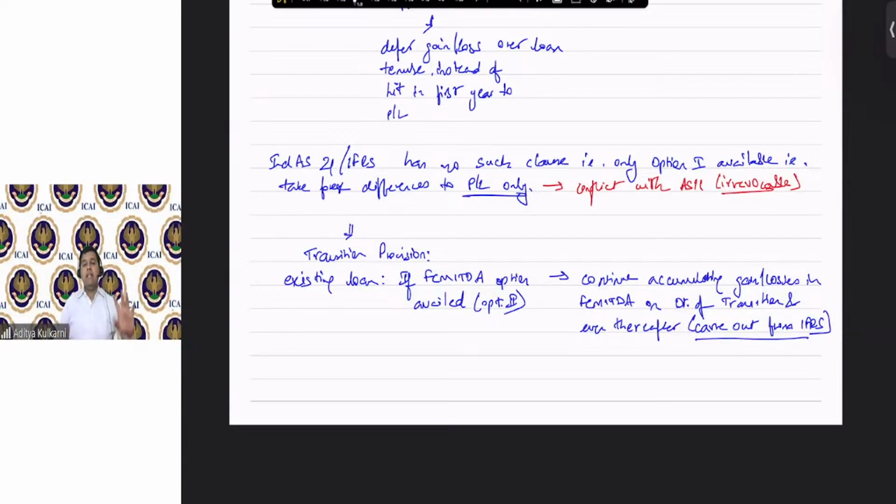Because of transition, that irrevocable nature cannot be revoked, and therefore the Ind AS 101 standard has given us a transitionary relief, saying that in respect of an existing loan where you have availed option 2, you can continue to book this in the FCMITDA account, and when you book it in the FCMITDA account, even in the Ind AS regime, book it there and amortize it. That is okay. That is acceptable. That is fine. Okay, no doubt. All right, is it okay? Have you understood? But for a new loan,